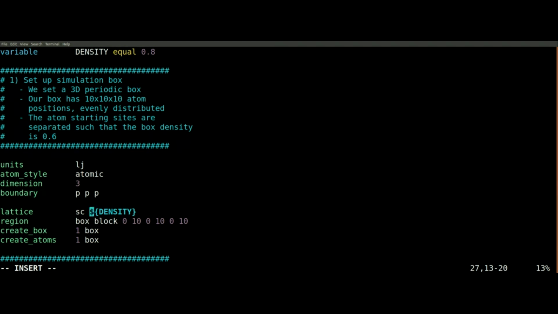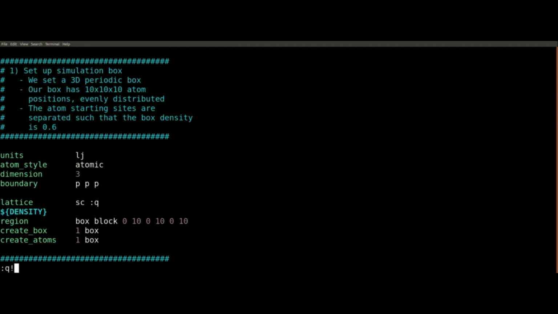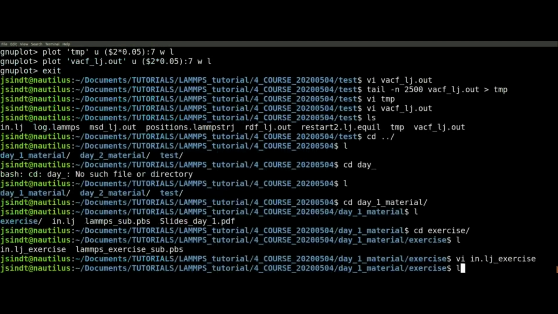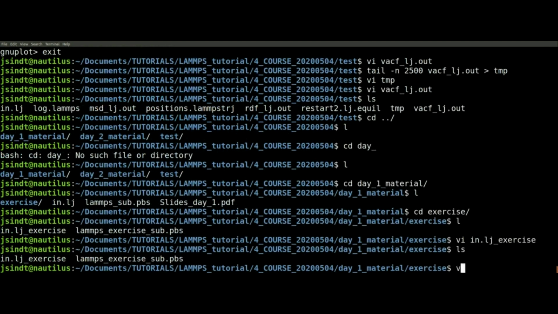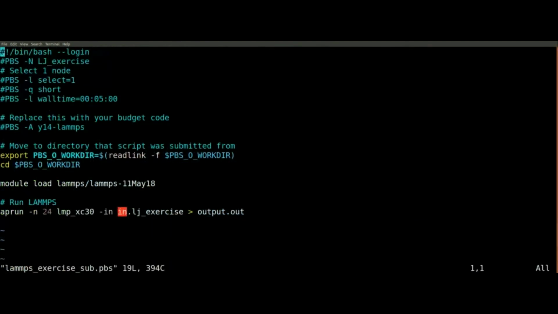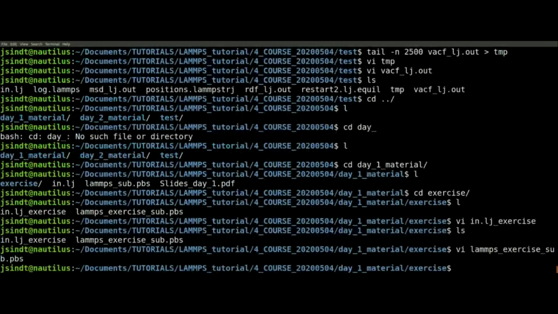For those of you who are interested in doing this, between now and next week, have a play around with this code, see if you're able to get it to run, see if it does everything that you need. Also, you'll notice that I've got an input script which is exactly the same as before, except it inputs Lennard-Jones.exercise instead of just in.Lennard-Jones. Please feel free to run this